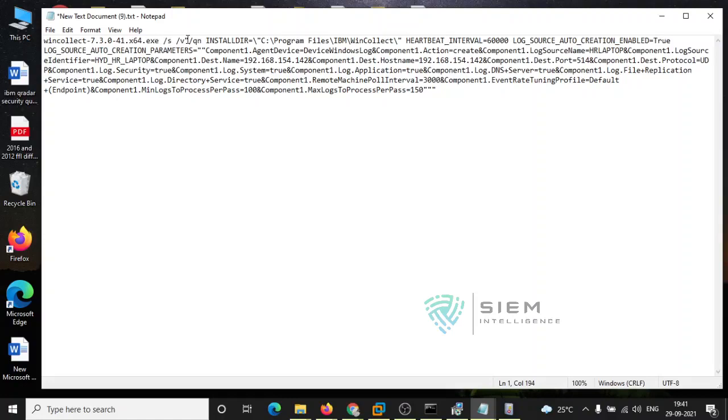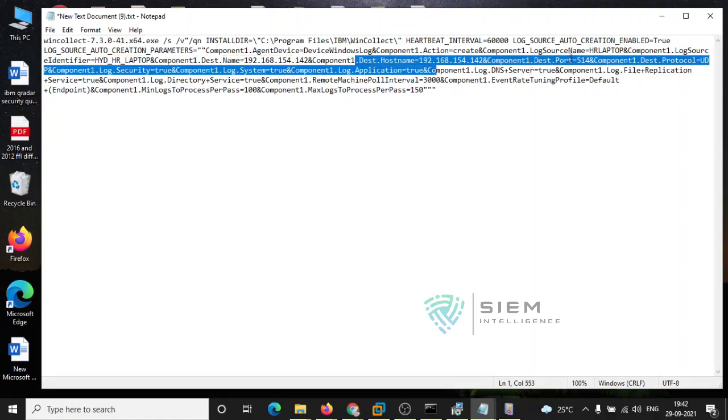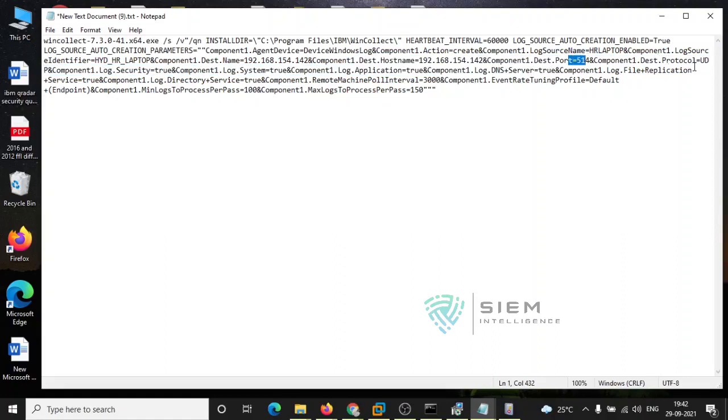With these switches, on this installation folder, the heartbeat interval will be 6, that is 5 minutes, and log source identifier will be true, with this HR laptop name. The identifier is HR laptop Hyderabad, and this is the destination name and the destination host name, on port 514, and I am using the UDP protocol.